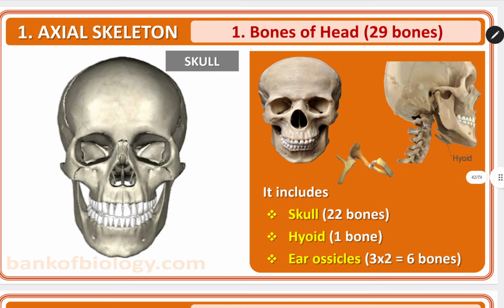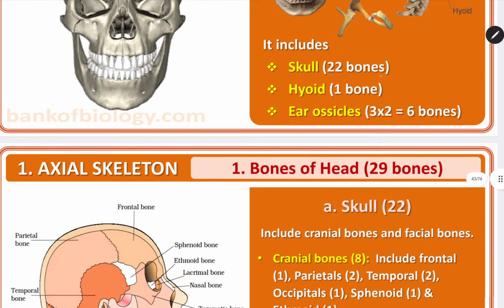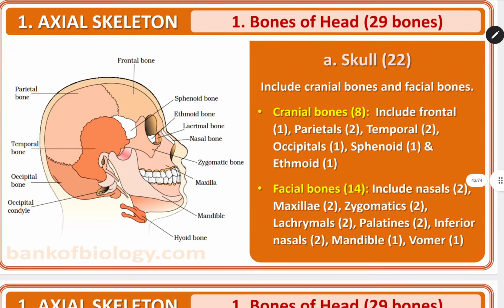First of all, the bones of the head, which have 29 bones. Skull portion: it includes skull, 22 bones, hyoid, 1 bone, and ear ossicles, 3 into 2, 6 bones. Skull includes cranial bones and facial bones. Cranial bones are 8 in number. It includes